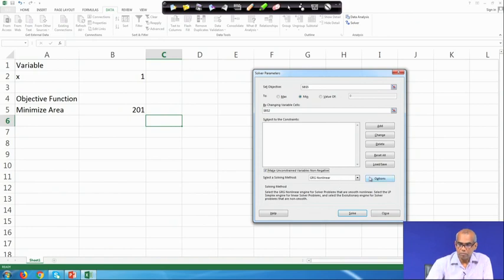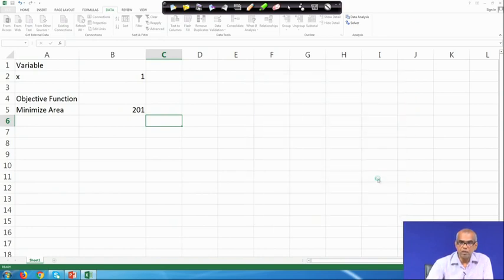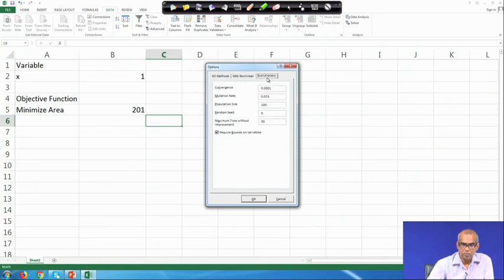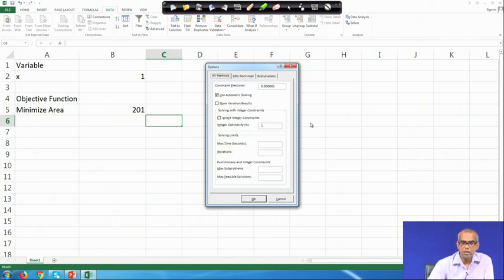You have an Options button, you can click on it and you get this window. You have options for all methods, GRG Nonlinear and Evolutionary. Forward scheme is being used for derivative computation. Let all these things be left to default settings.